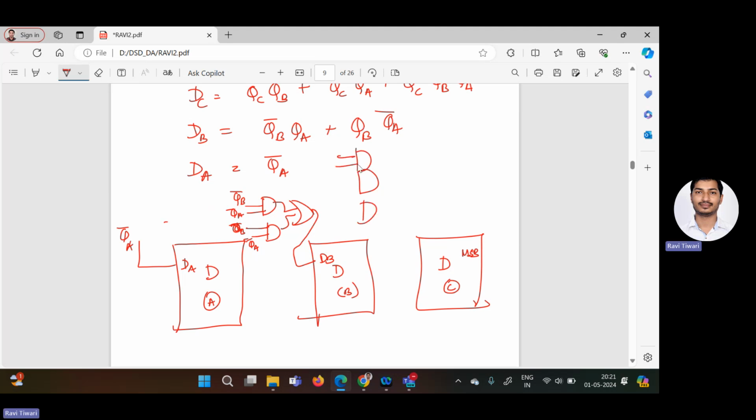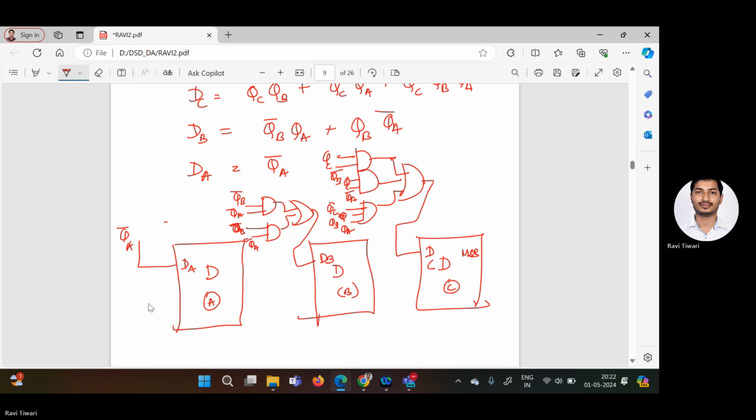And the values are QC, QB bar; QC, QA bar; and this is three inputs: QC bar, QB, and QA. All you give to the OR gate like this,